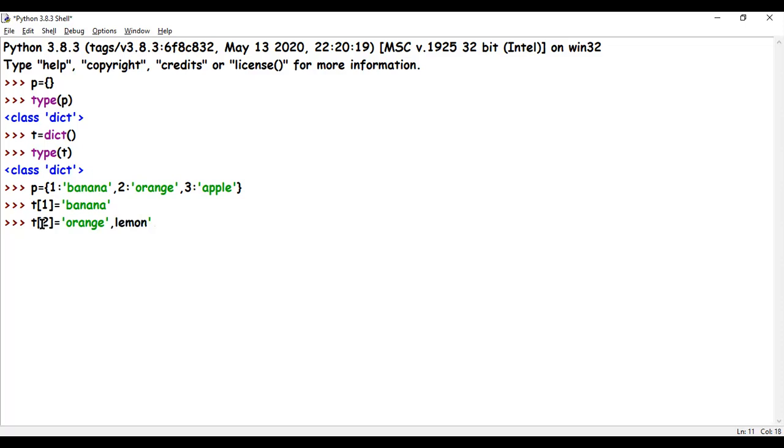And I'm going to put this as a tuple. Done. Let's say T in the place of 3, that is my third key. Okay, I'm not putting 3, I'm going to put 4 because I want to teach you all something over it. So let's put 4, and now I'm going to say T[4] equals to kiwi.